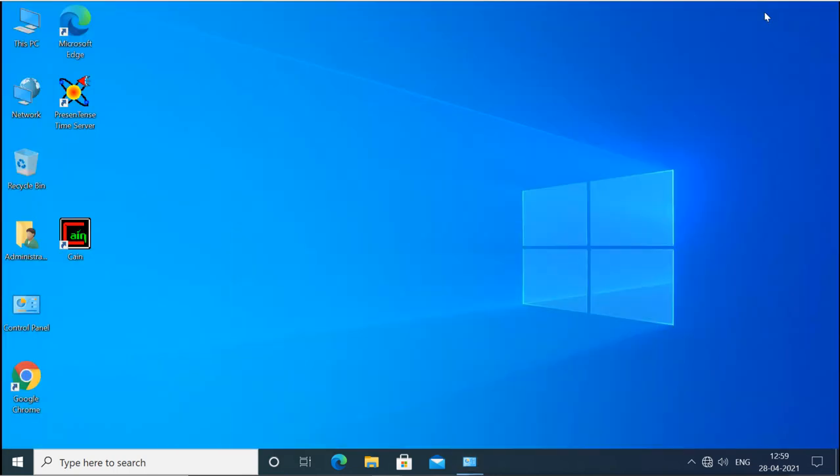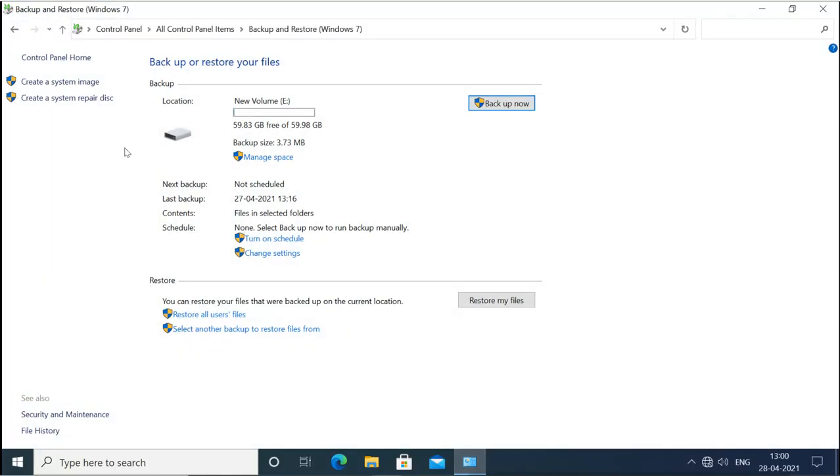So suppose I have my system here working properly and I have created the system image, and if my system corrupts, is completely lost, even the hardware is lost, I will take a new machine, then I will install a fresh Windows 10, and then I will go to the recovery environment and recover it from that system image. Now my machine will come back again with the same configuration, same user account, same software, everything will come back. Now creating this system recovery image will take lots of time and space also.